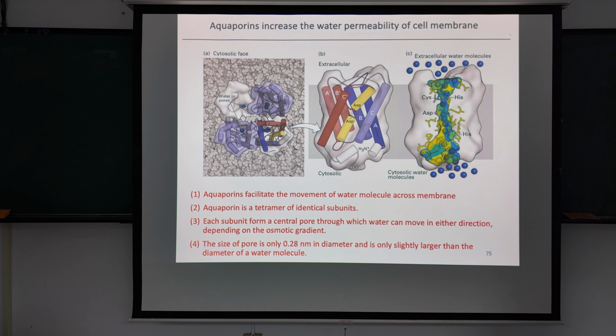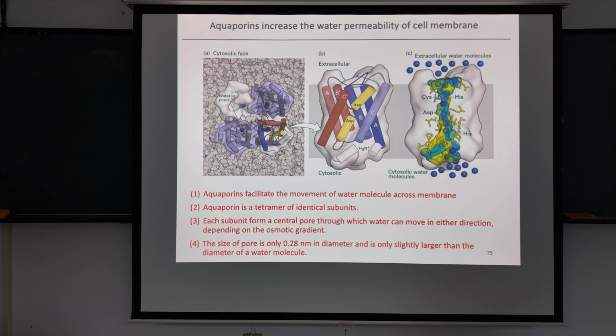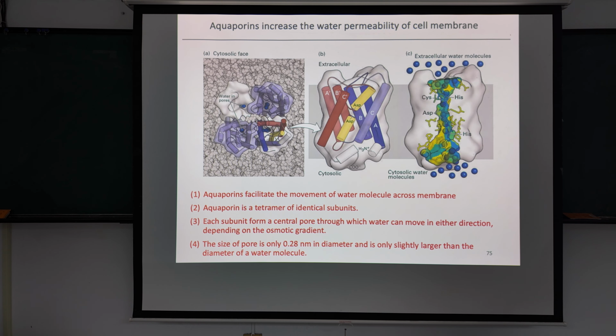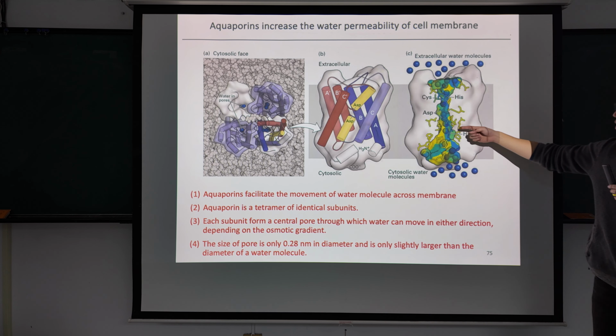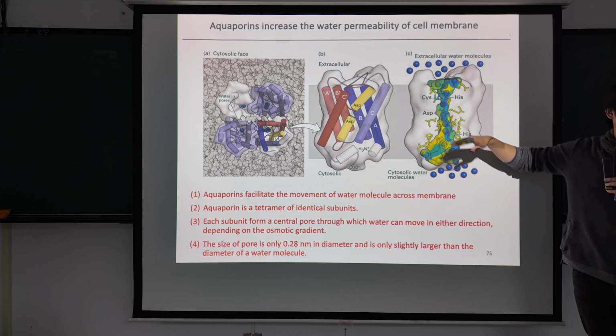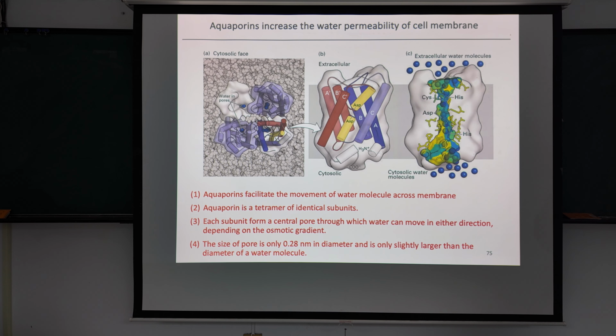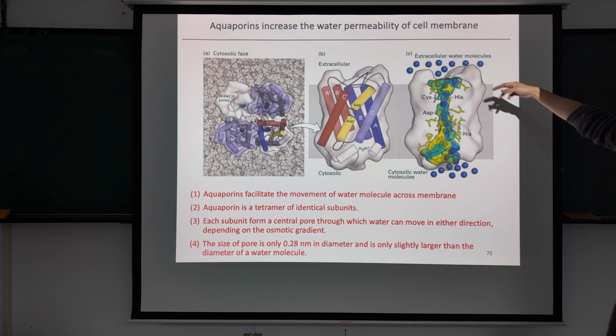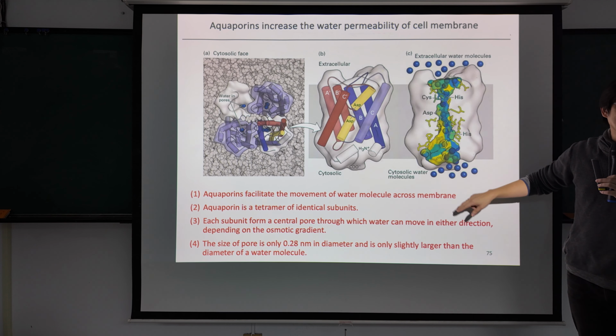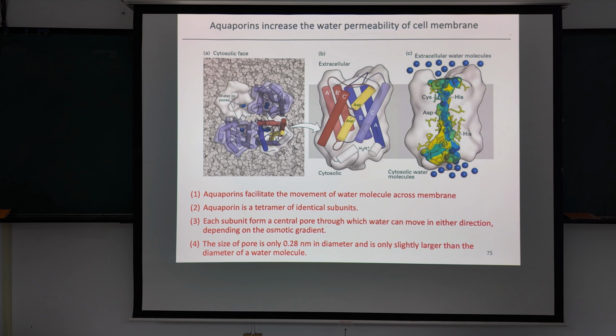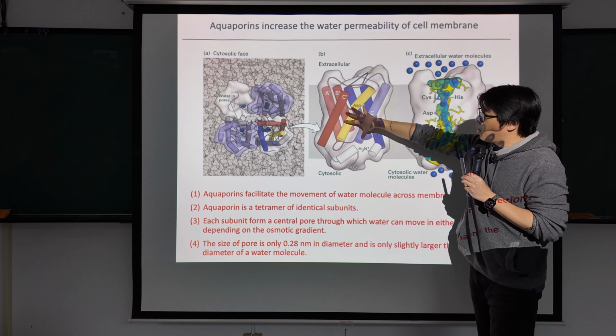But you may ask, how about a smaller hydrophilic ion like a proton? No, a proton cannot do this because they put some charged amino acids on the wall, so a charged particle like a proton will stick on the wall and cannot completely go to the other side. Only water, with such a minor charge, can go through this tunnel, which is a really elegant design. Okay, so from the top view, this is only one monomer of the